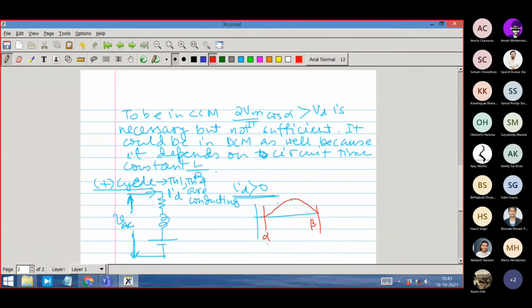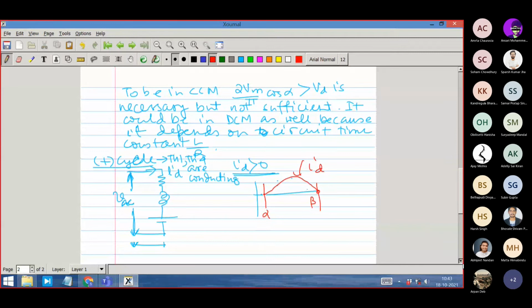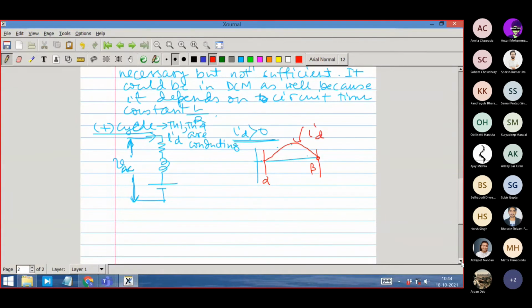This type of terminology is used. Sometimes we confuse ourselves: since I don't know the terminology, I don't know the meaning. But you should use a little imagination and think from the English word. They are calling it extinguishing, so since alpha is called firing, it must mean the opposite, when the current is again coming back to 0. This is ID again coming back to 0. And during this portion, the equation must be written as what? Vm sine omega t. What must be the equation?